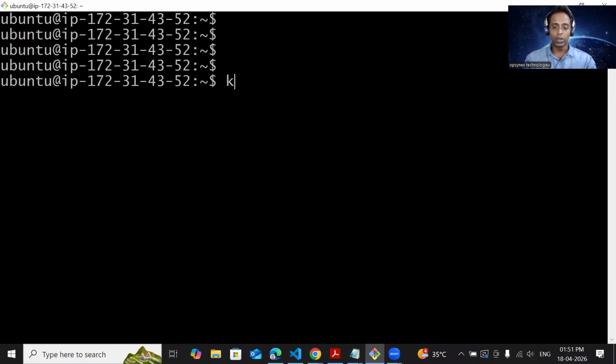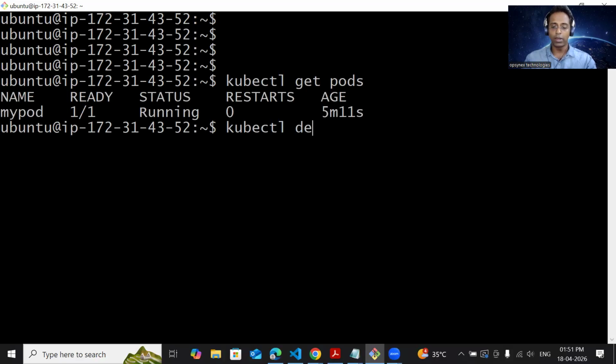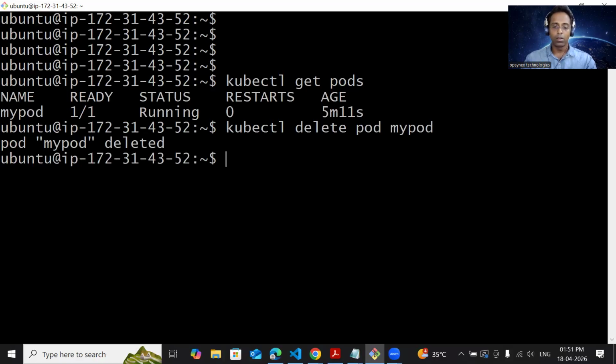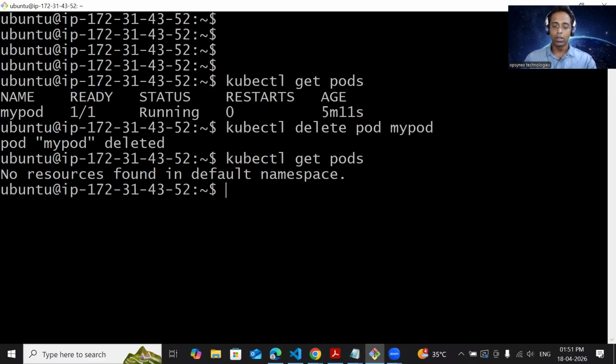So let's see how to create that. Before that, I'm going to delete this pod, kubectl delete pod and the pod name. Now, if I check the pod again, that pod has been deleted. Now I'm going to create the replica set using the manifest file. So I'm going to create a manifest file, we can give any name like